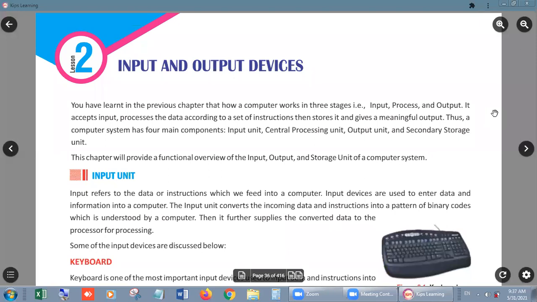Second is output devices. Examples of output devices are when we get something out of the computer in the form of a picture, or in the form of a hard copy, or in the form of sound, then we can call them output devices. If we want to see something, that is a monitor. If we want to get something out as a hard copy, it is a printer. And when we get something out in the form of sound, the device is a speaker, right? So this is the overall introduction of this lesson. Let's start.